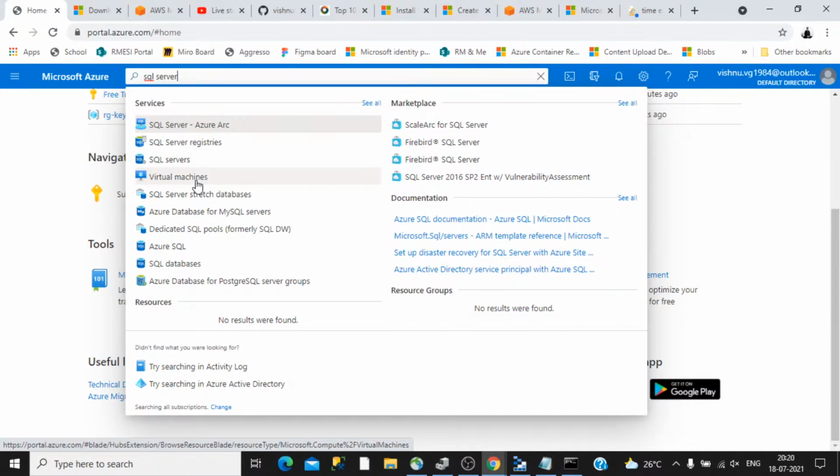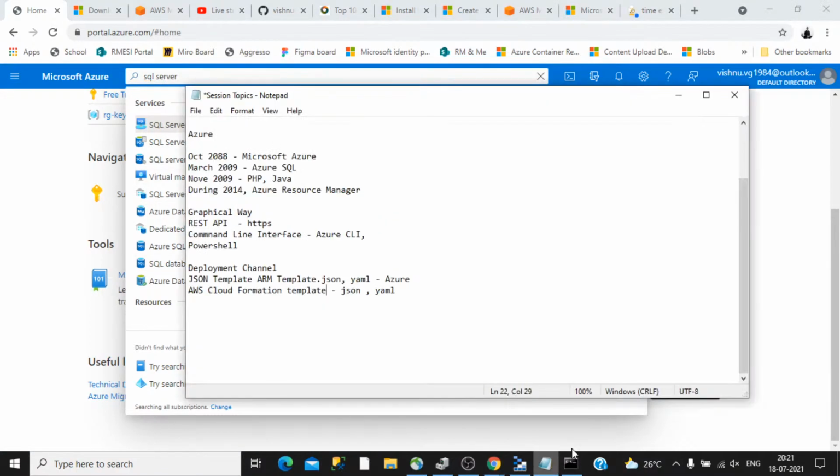So the ideal strategy is to use something like a software as a service, but not at all times we can go with that kind of service. For example, if you are using an old version of SQL or whatever resource that is not compatible with Azure, or Azure is not providing that particular kind of service, then the next backup plan is to create a virtual machine, and you can install that particular software inside that virtual machine and straight away use it. So I can explain that concept once again here.